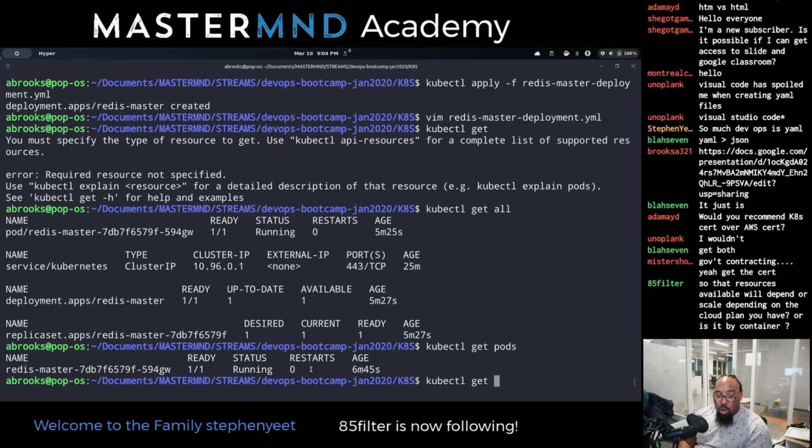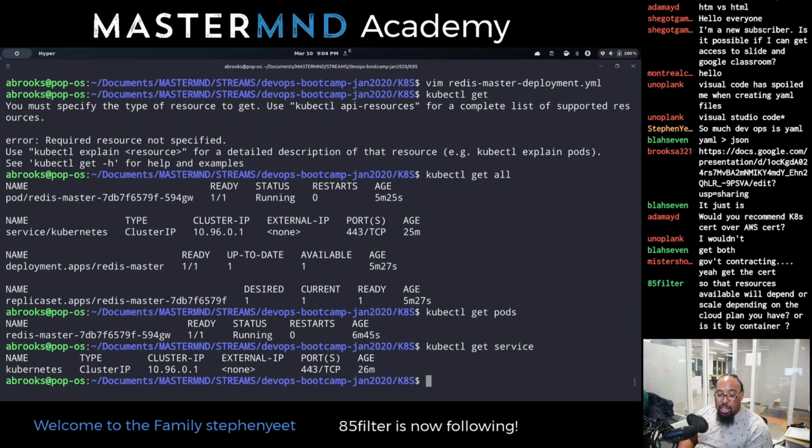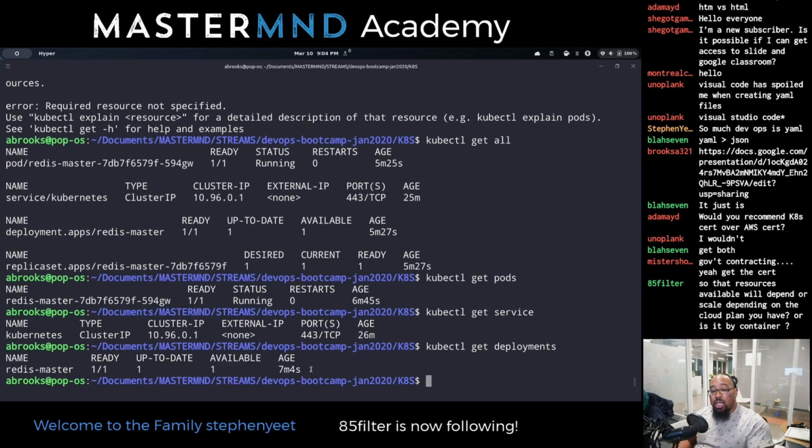Same thing for a service. I can see that service is there. Same thing for deployments. And that's what we did. We actually did a deployment, and a deployment can manage all these other things. But we have our Redis master here, 1 out of 1. We have that, and then the last one,